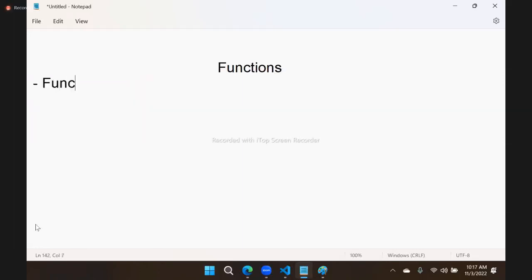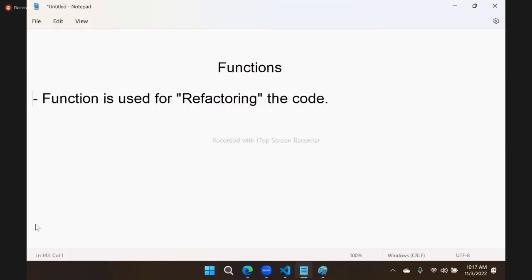Actually, function is used for refactoring the code. So what is the concept of refactoring? That means a function is used for refactoring the code. So refactoring is nothing but actually refactoring is the